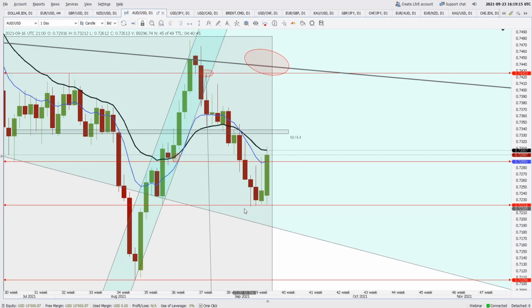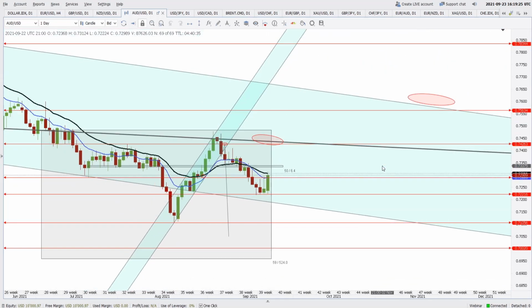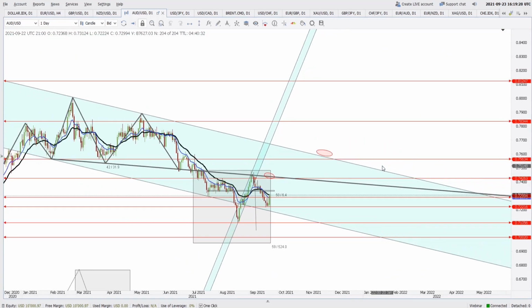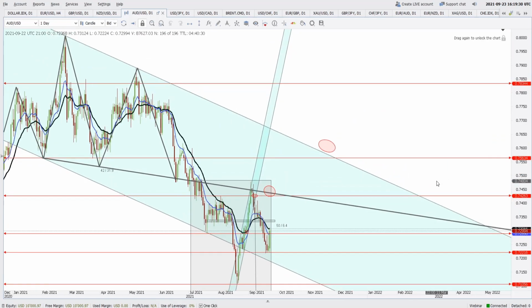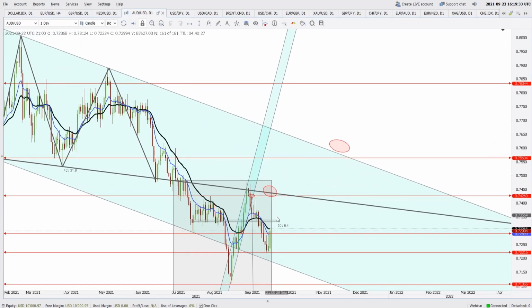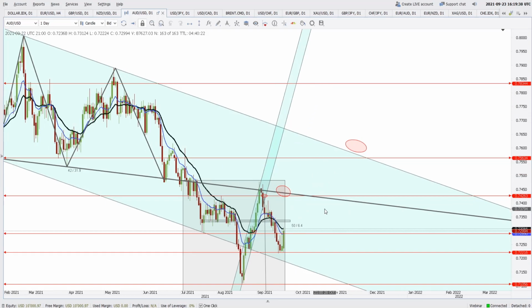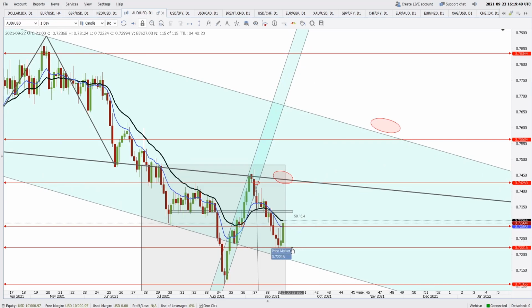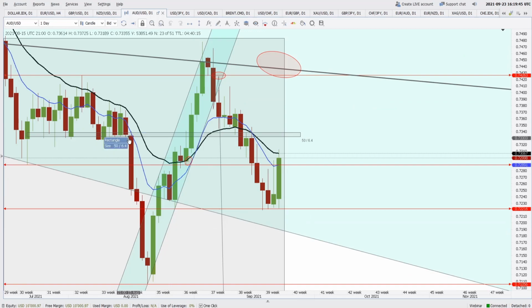down here, 0.7221. So as far as the risk to reward ratio is concerned, this is not a good idea to open a buy position. But let us see how the price behaves, because some people are very long term traders and they tend to think not only about this zone here, they tend to even think about 0.7563 and 0.7834. But if you look at the price action here, it is suggesting that there is a possibility that the price will go up, but this horizontal resistance here at around 0.7332 area can be a very good resistance